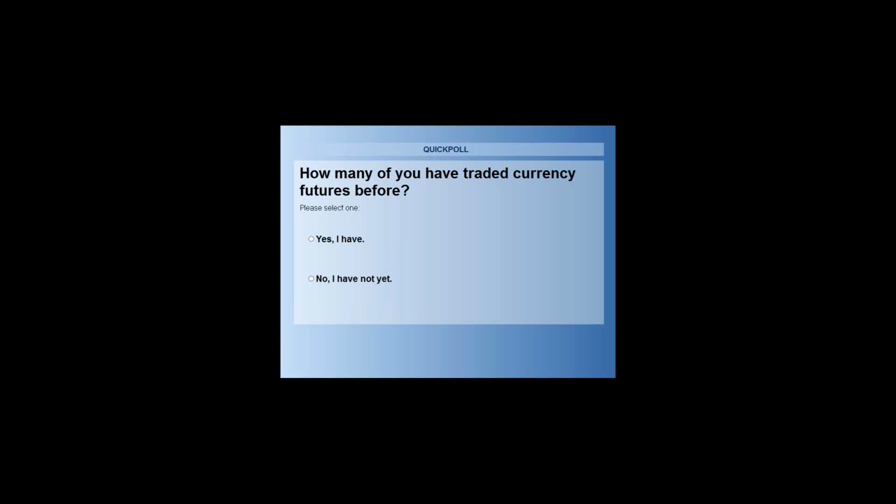Okay. Here's a quote from Dr. Alexander Elder, those of you that might have read his book, Come Into My Trading Room. The goal of a successful trader is to make the best trades. Money is secondary. So that's why doing the paper trades and things like that is important. Before putting on the trade, you need to know where you're getting in and out. That's why I like using Excel spreadsheets.